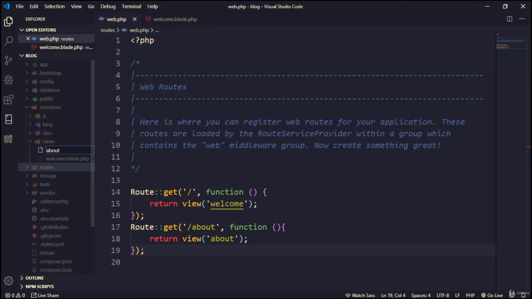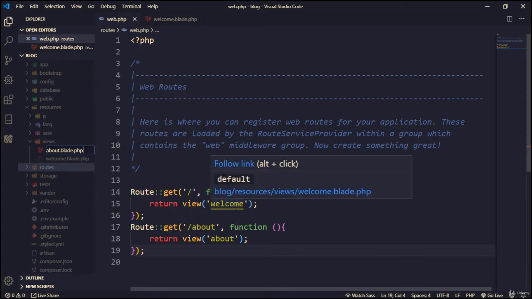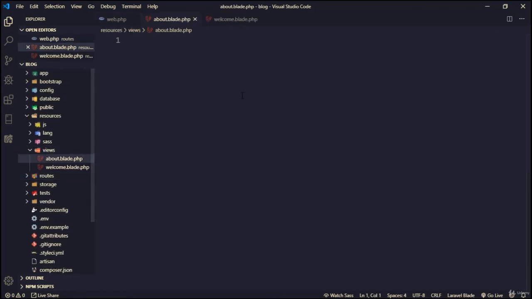If here we said about, it should be about.blade.php. It should not be just any other file, but should be as defined here. If it is welcome, it should be welcome.blade.php. About should be about.blade.php. So in that file, let's just do h1, and inside there we write this is about